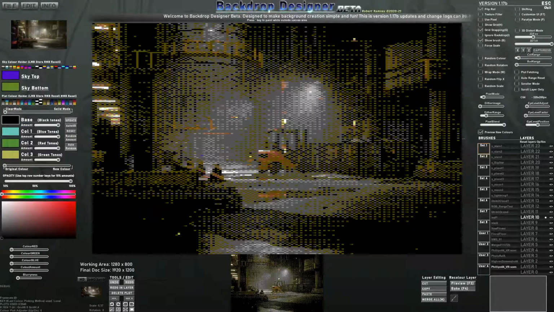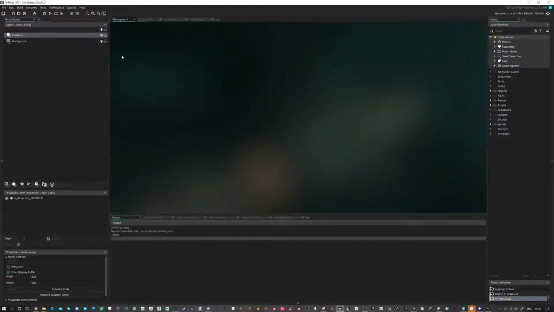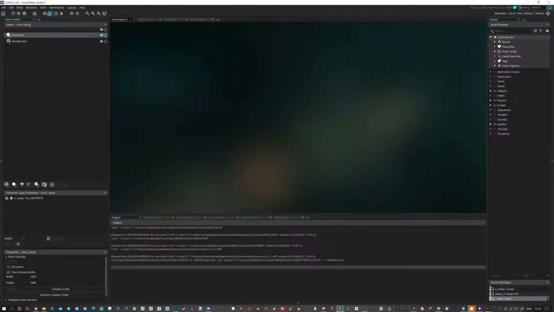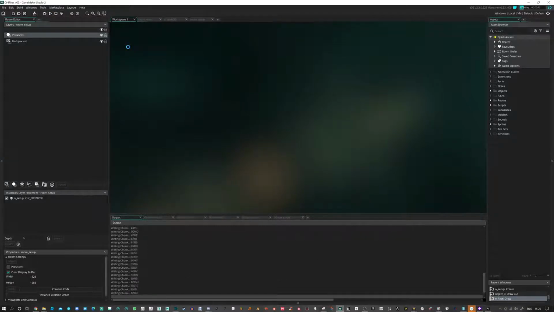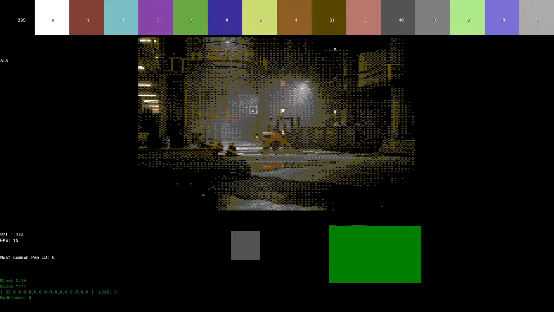Now I've not released this tool yet, but this tool is in progress, and once it's got more features I'll look at releasing it. So it's asking me to open up the file I want to process, so I'm just going to load up that one, and it's very slow at scanning, only because it's giving you a live update and that slows the